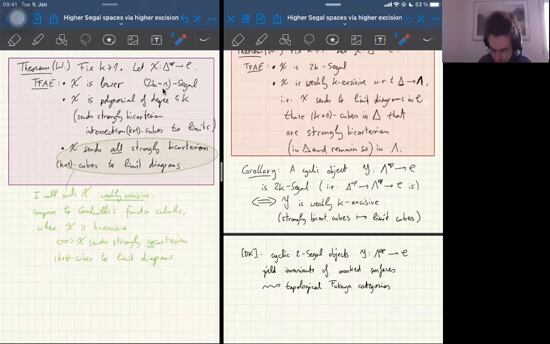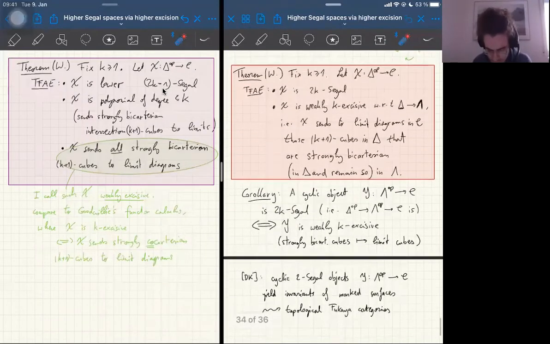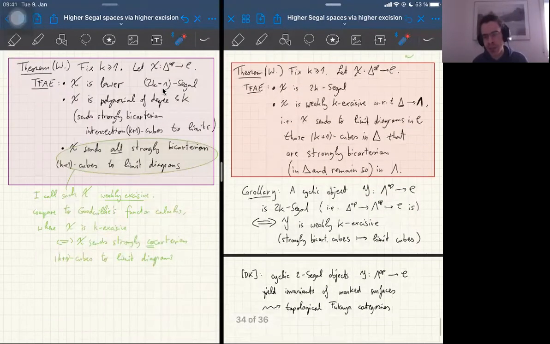So it sends strongly bicartesian cubes to limit cubes. So this again is a very simple condition to write down. And this maybe explains, so the fact that the simplex category, the cyclic category appears here explains maybe a little